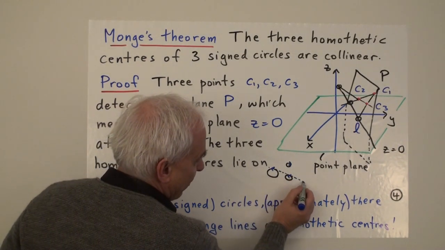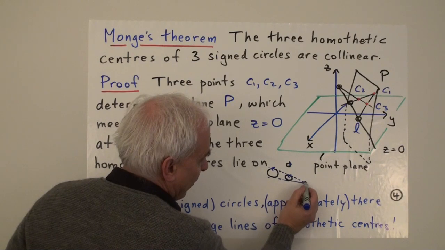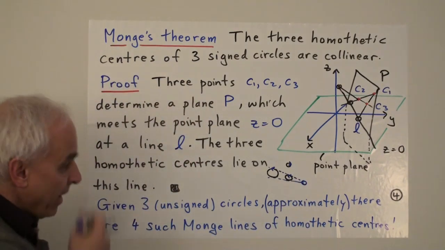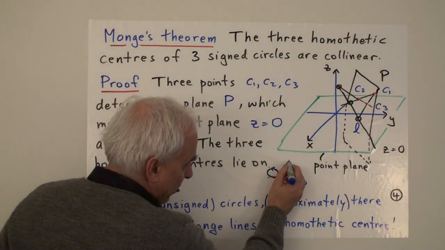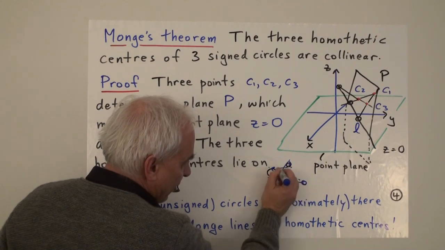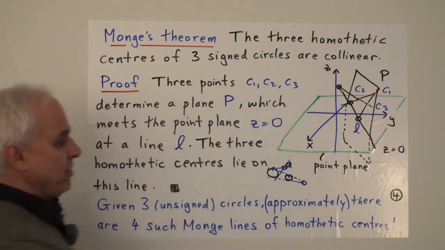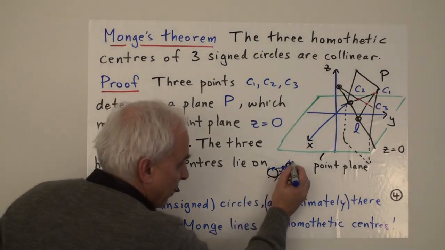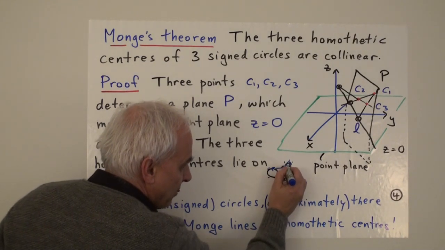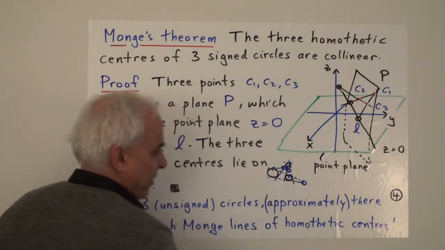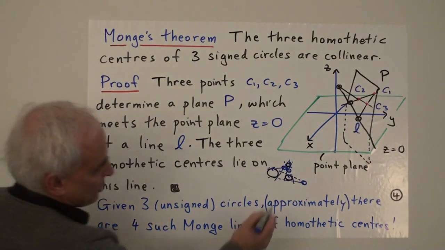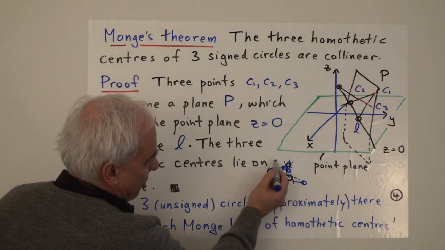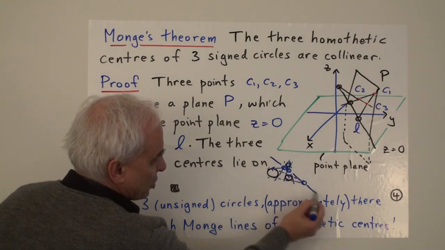So we draw a homothetic center. There's one right there. And this one here will be, we have to draw tangent lines that are like this. There's another homothetic center. And maybe hard to see, there's another tangent pair meeting right there. And so those 3 are 3 homothetic centers lying on a Monge line.